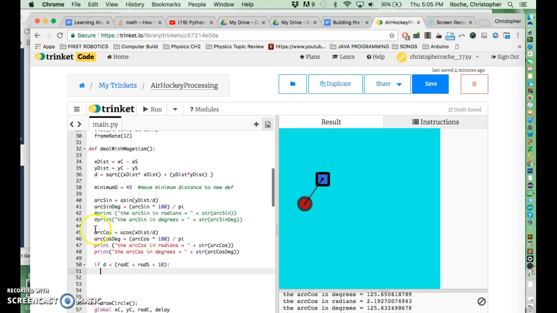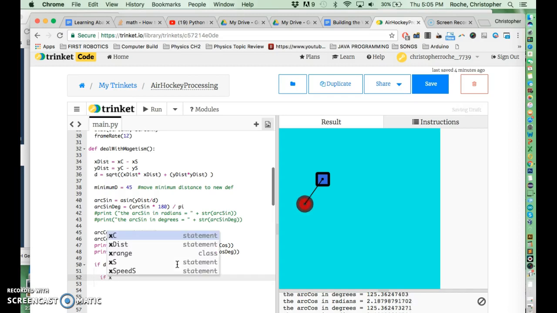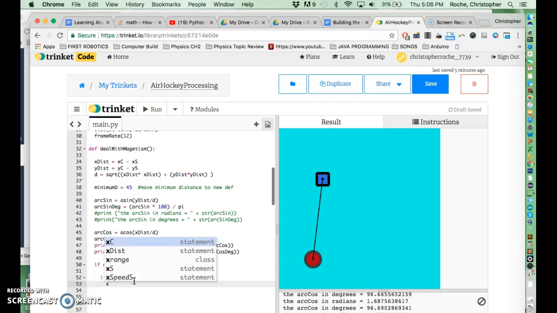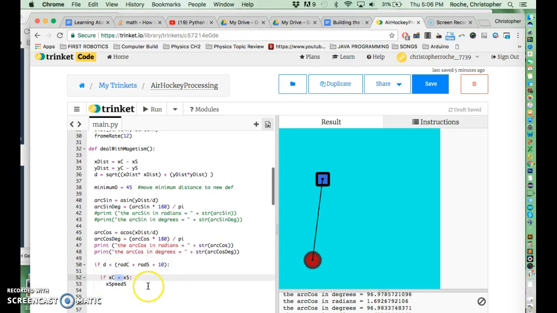So we've computed the arc cosine, and this is in radians. So we've computed the arc sine, and we're going to use them. This is kind of what people do. So we'll say this, and I'm going to look to see if x center is greater than the circle center, meaning that the circle is down here and the other guy's down here, right? Or if actually it's over here, then I'm going to do some step. I'm going to say the x speed of the square is going to get minus equals